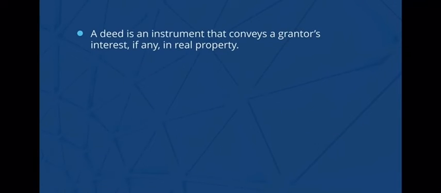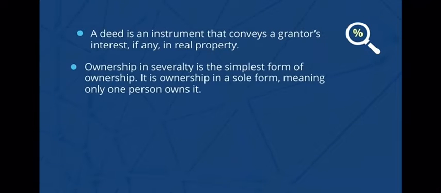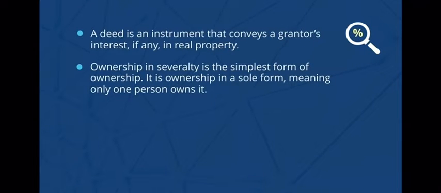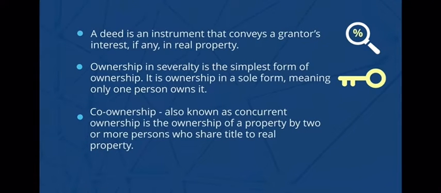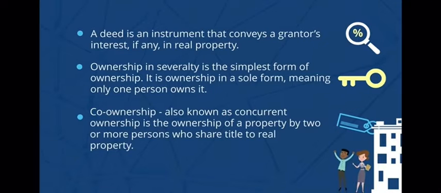A deed is an instrument that conveys a grantor's interest, if any, in the real property. Ownership in severalty is the simplest form of ownership. It's ownership in a sole form, meaning only one person owns it. Co-ownership, also known as concurrent ownership, is the ownership of a property by two or more persons who share